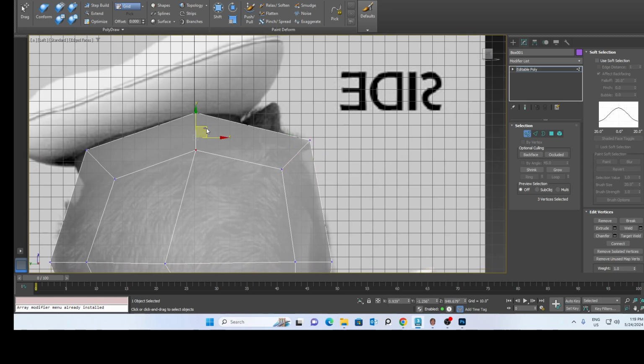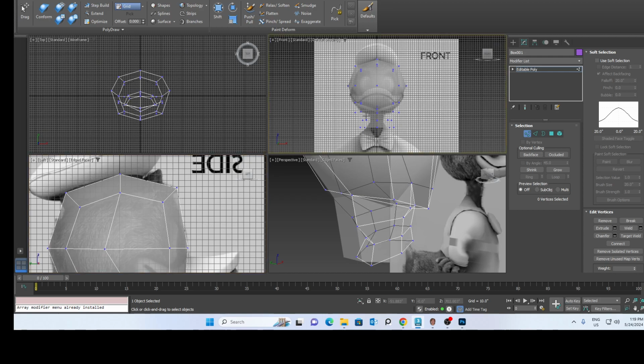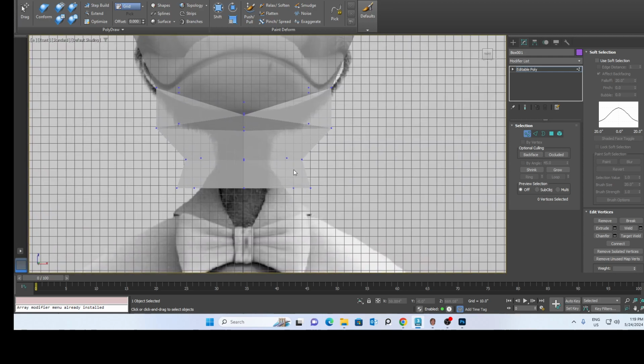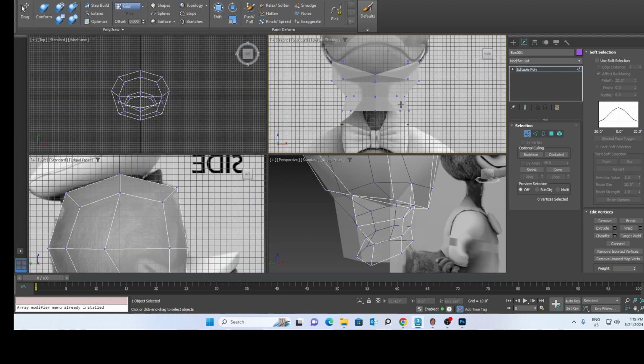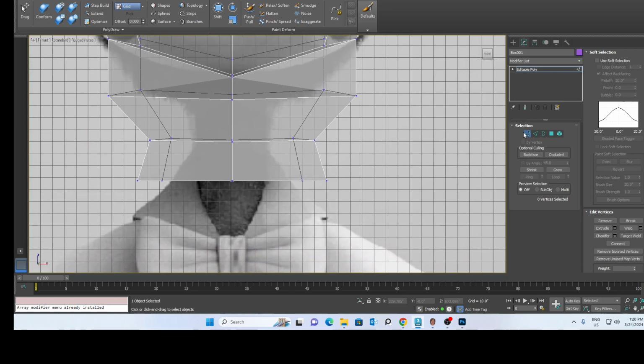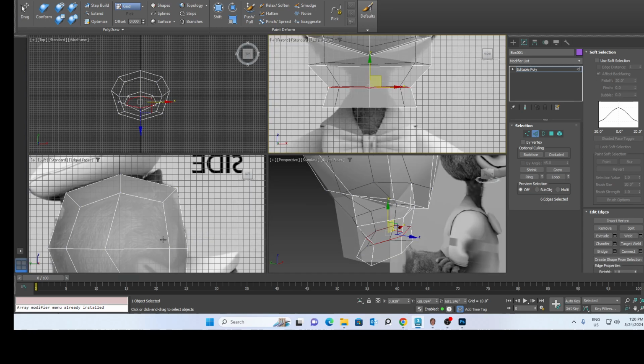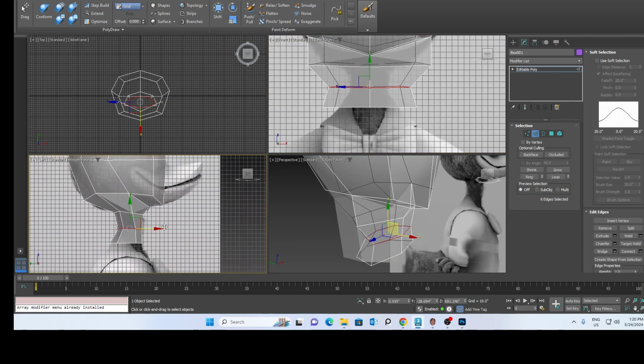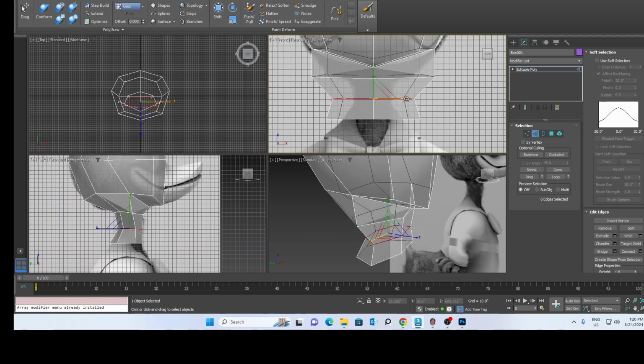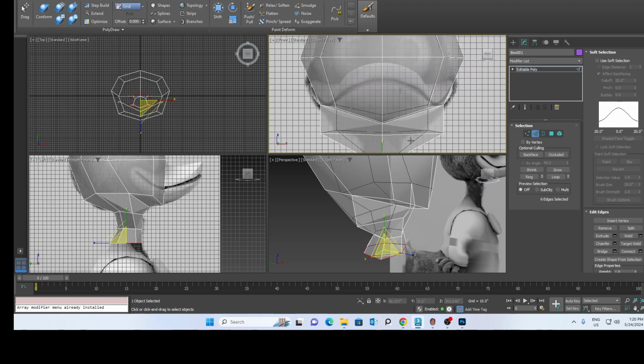And this has been done only from one part. Front is looking like this. So to work into the front, again what you need to do, select the edges. I'll show you. Oh, this side we have done, this side it is still out, so I'll move it inside to make the edge like this, and this will also I'll move it a little bit inside only so that it fits. This is our neck region only, so I'll make it like this so that it fits